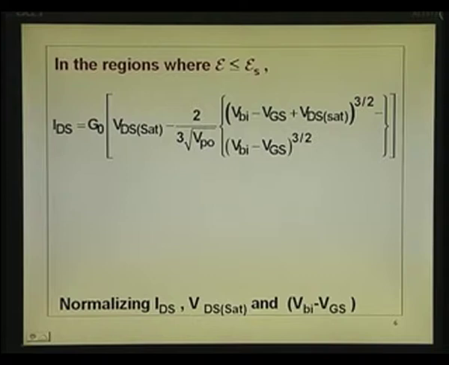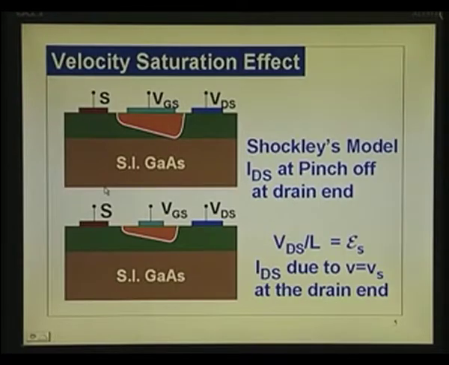So, in the channel region, not at the drain end, other portions, we can still write this equation which we have derived in the previous two lectures, that is G naught into V d sat. We are talking of the saturation current. In fact, what we are doing is, let me go back to that, we are taking a situation where velocity saturation is present here, and in this portion there is no velocity saturation. So, up to this portion